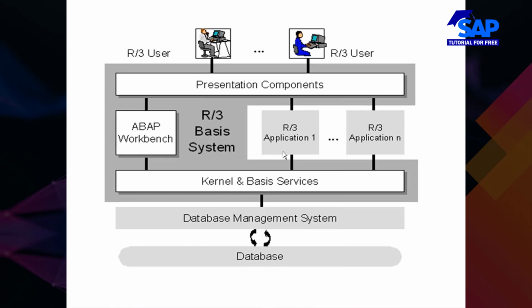Once the functional spec is approved, I will also approve it as a functional consultant, and then I'll hand over the functional spec to my technical team, that is the ABAP team. The ABAP team try to understand that. In case they have any problem in understanding it, they'll approach me. It's my responsibility to explain to them what is required and why we require this.